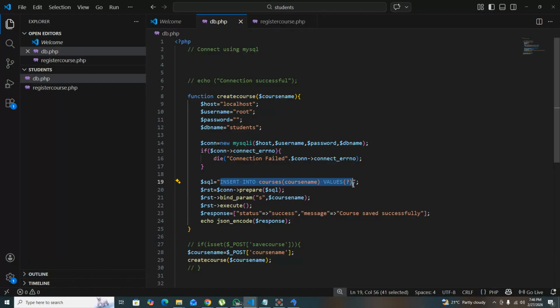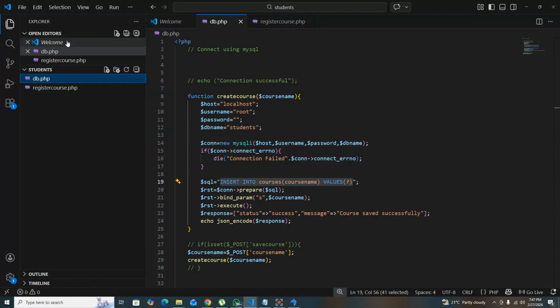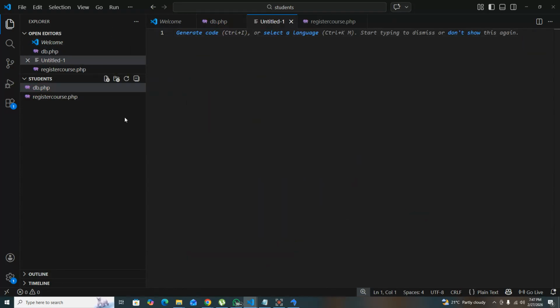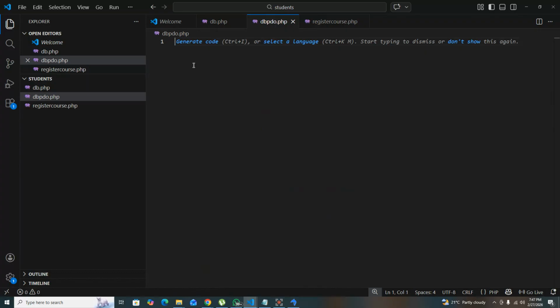Okay. So use video. You can see that one. So I'll keep it. So I'll simply say here, new file. Let me call it dbpdo.php. This is what I like using. So again,